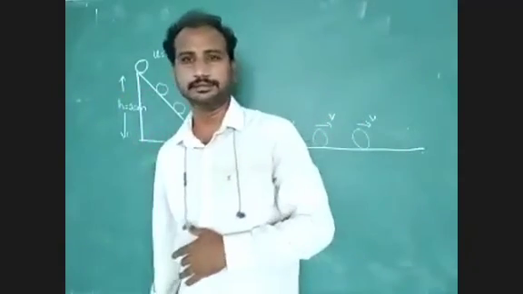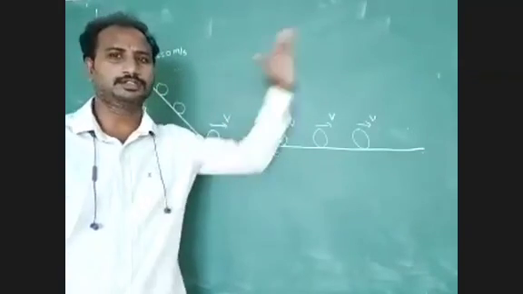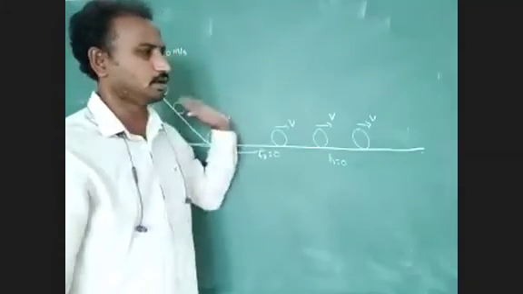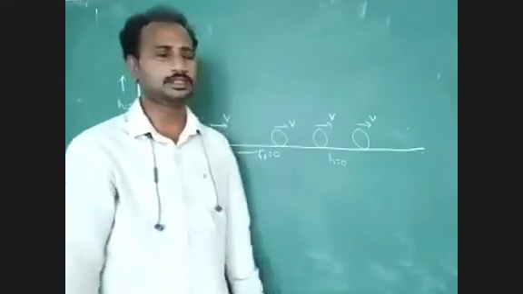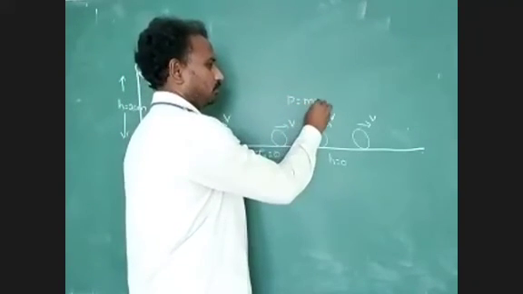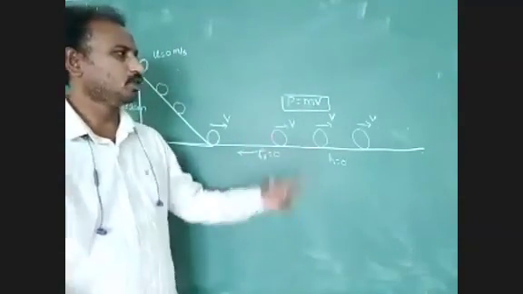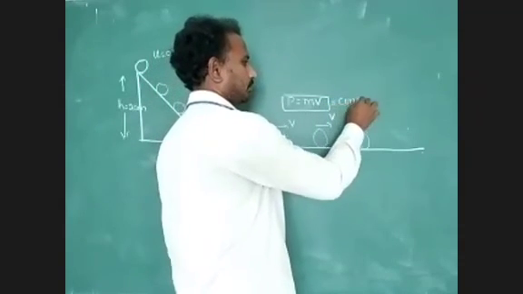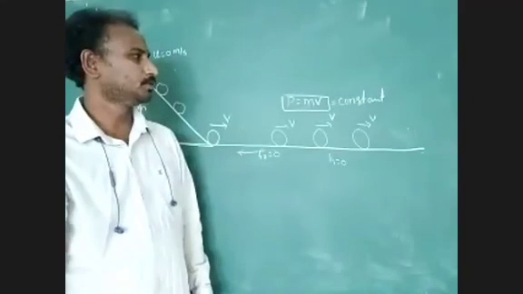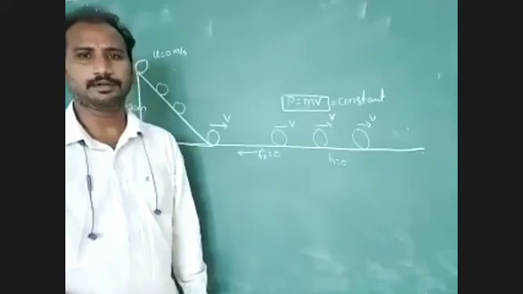But there is no height. If we consider height, then it would reach 20 meters, but the height value equals 0. So it is rolling on the horizontal surface up to infinite distance with a constant velocity. Your momentum P equals mv. The total quantity of motion contained in a body is constant. This point is explained by inertia of motion. Okay, understood, students? Do you have any doubt?